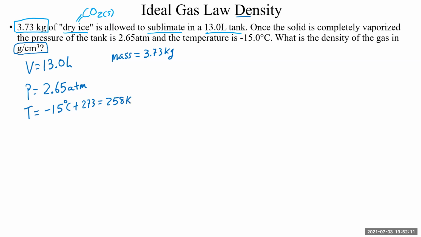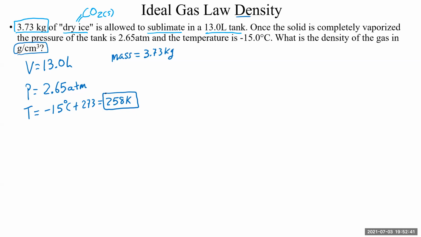258 kelvins. By the way, you know you've gone wrong if you end up with a negative value of Kelvin, because there is no such thing as a negative value of Kelvin. Absolute zero means that nothing can be colder or even as cold as 0 Kelvin. That's what it is. It is a universal limit to how cold anything can be. It is the complete absence of heat. So you can't have a negative amount of heat. A negative value of Kelvin would actually imply a negative value of heat.